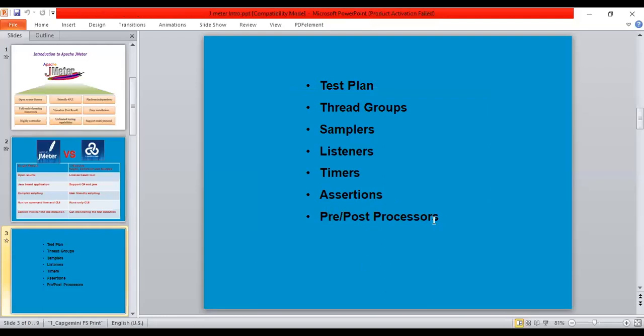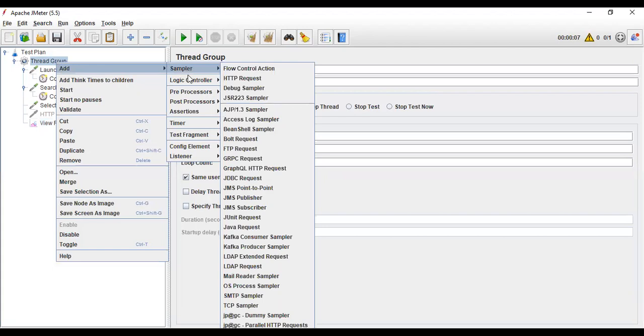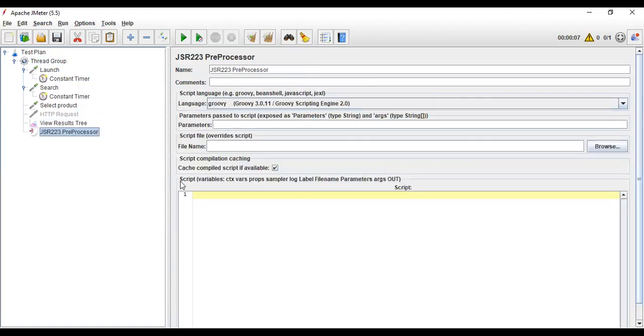And pre-processor, post-processor, I will explain as part of the advanced level, where I have to implement some logic or write some code, Java code or BeanShell code. Then we'll use these pre and post processors. If I add any pre-processor, you have these many processors. If I want to add some code, you can add it to this. If I add it as a pre-processor, first this code will be executed. It can be anything. Say if I declare anything, let's say